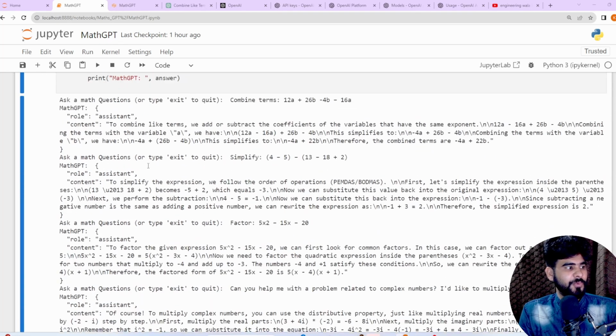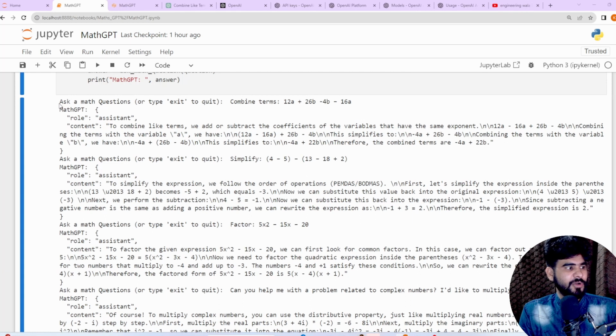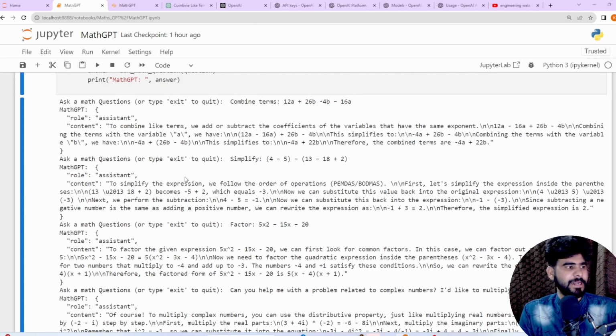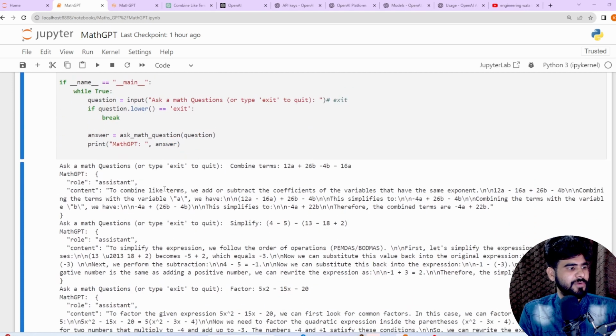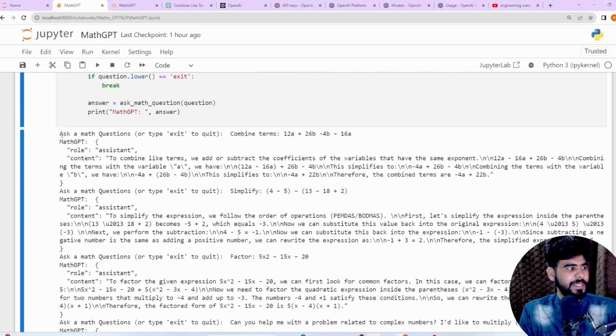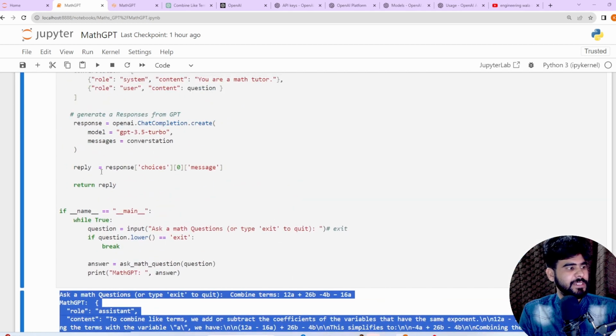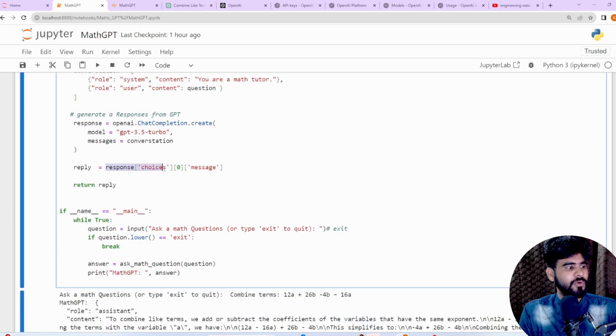Now one more thing: as you can see here, the output that we are getting is not in a readable format, right? Now let's try to convert this complete output into a readable format. As you can see in the responses, we are going to call the first choice key, and with the help of this choice key we are able to hold our entire response.